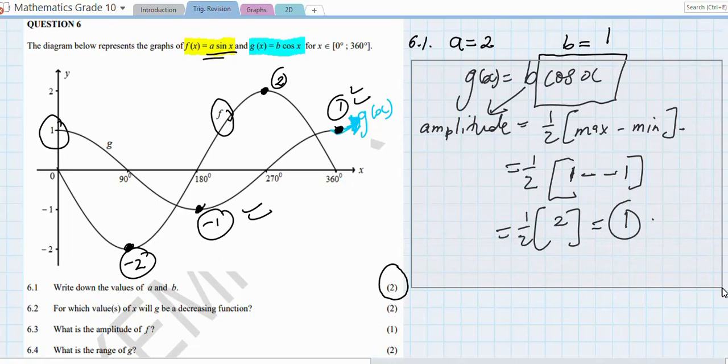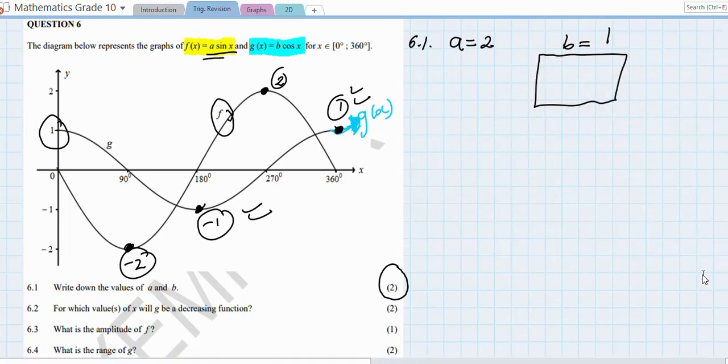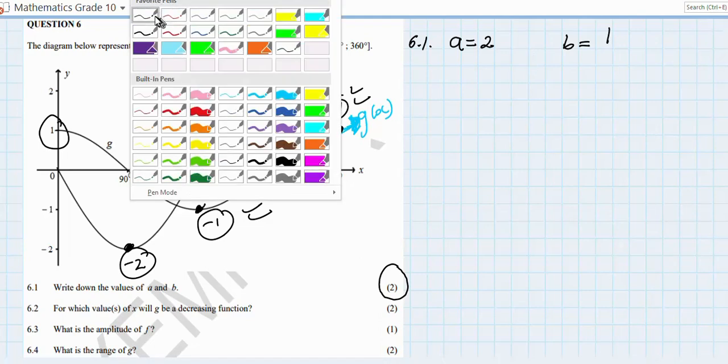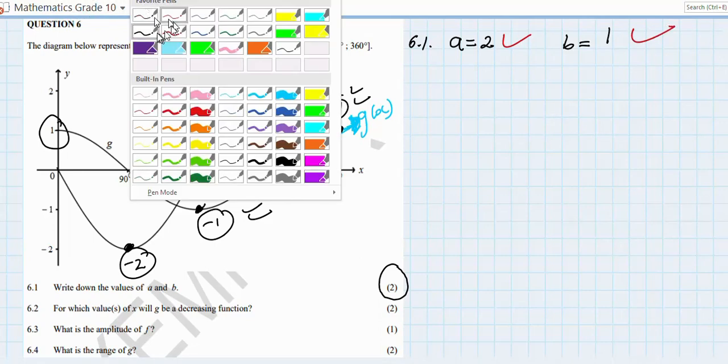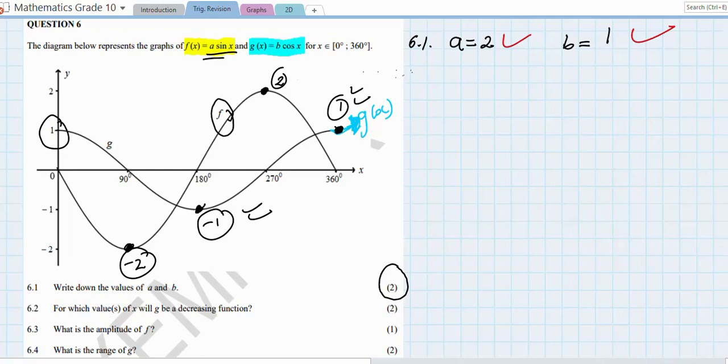That is what I would like to see, guys. So removing that, you found answers for number 1 and for 6.1 as a whole. Easy 2 marks for us there. The examiner will just move on like this. 2 marks for you. Now next one, what we have, this question for 6.2, it says,